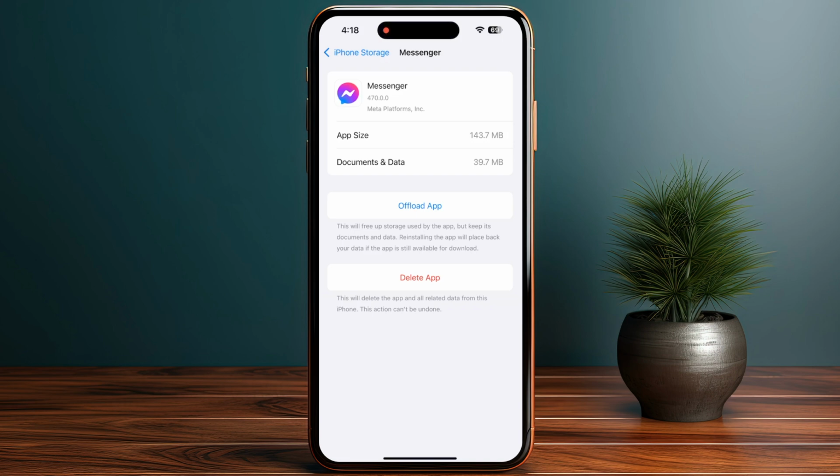So if none of the above steps work, then you can contact the messenger support for the further assistance. So by following these steps, you should be able to resolve the issue and enjoy using the custom backgrounds during